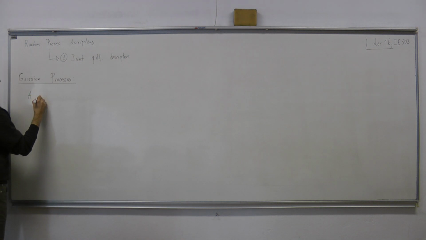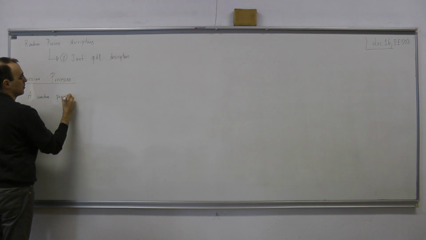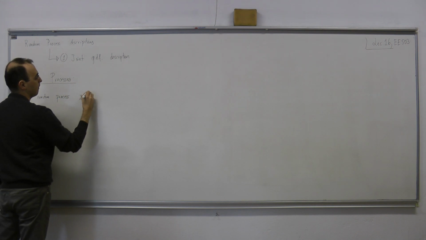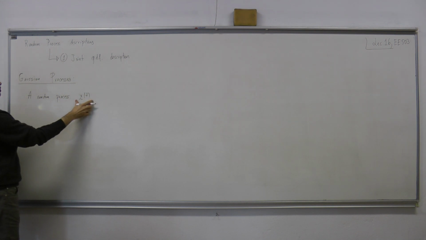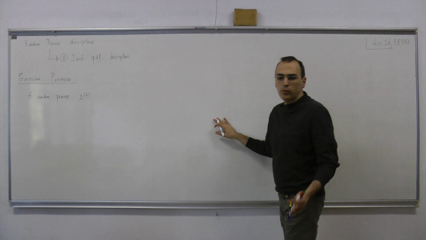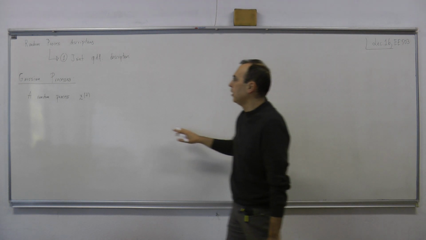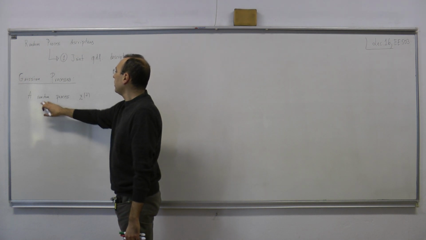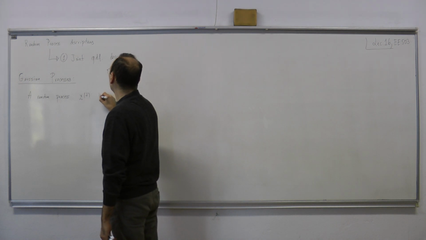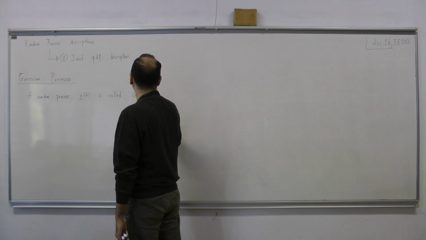A random process x of t, so this is our notation for now, x with tilde denotes the random process. I'm using different notations because if you examine different textbooks, you will also see different notations. They are all the same actually. It's just a symbol. A random process x of t is called Gaussian process